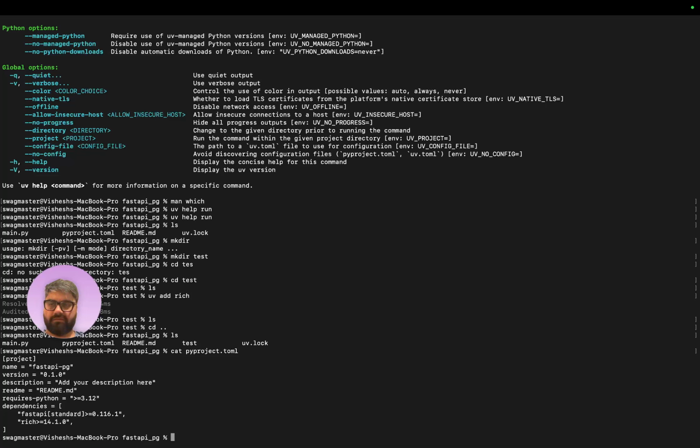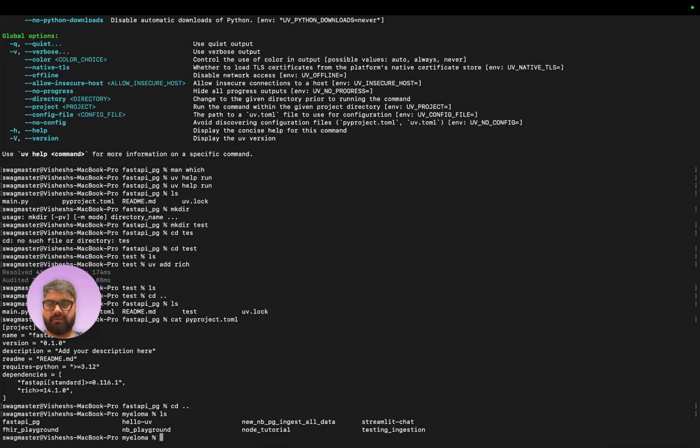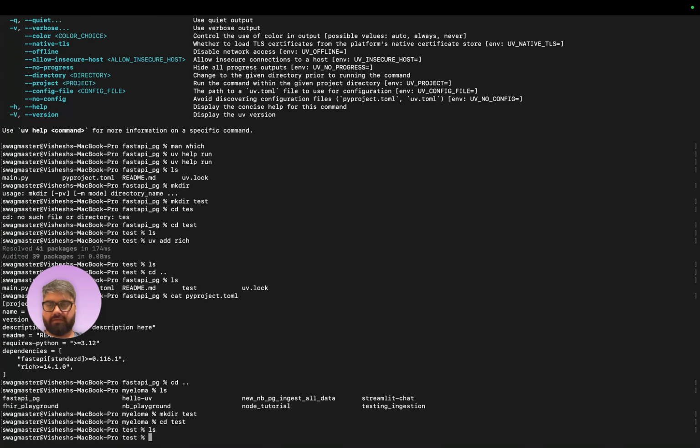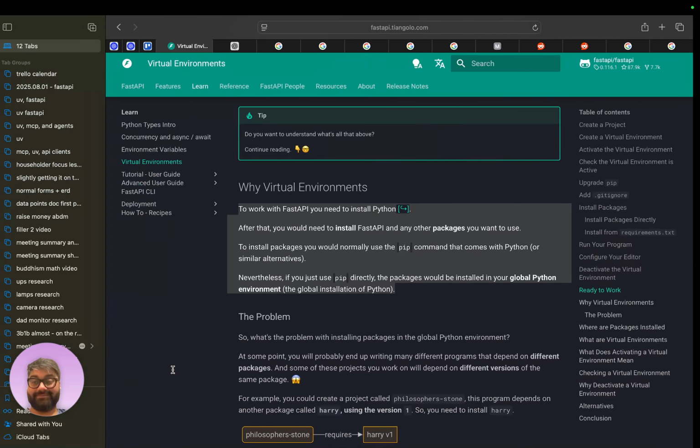Okay, what if cd data, enter test, cd test, UV add rich. Ah, there you go. Found in current directory identifier. Okay, so it won't just allow you to do that. So just use UV add.